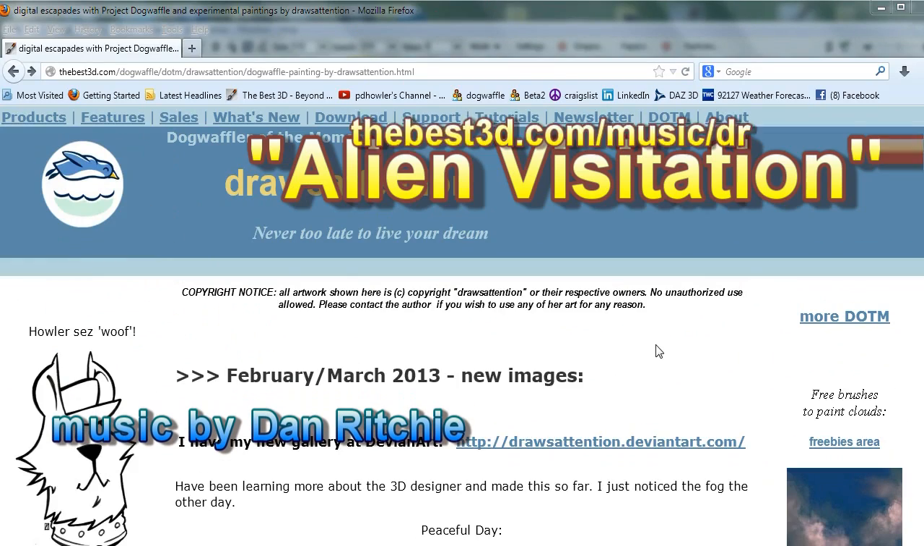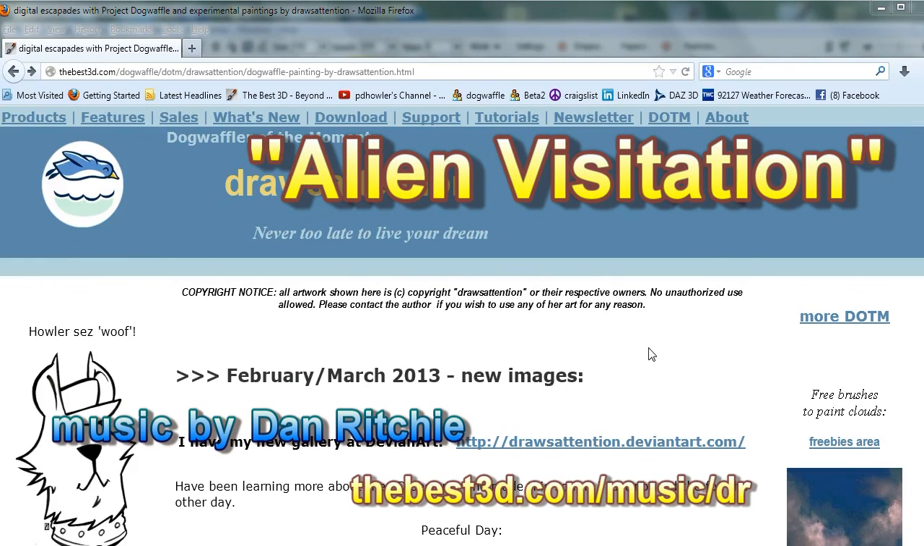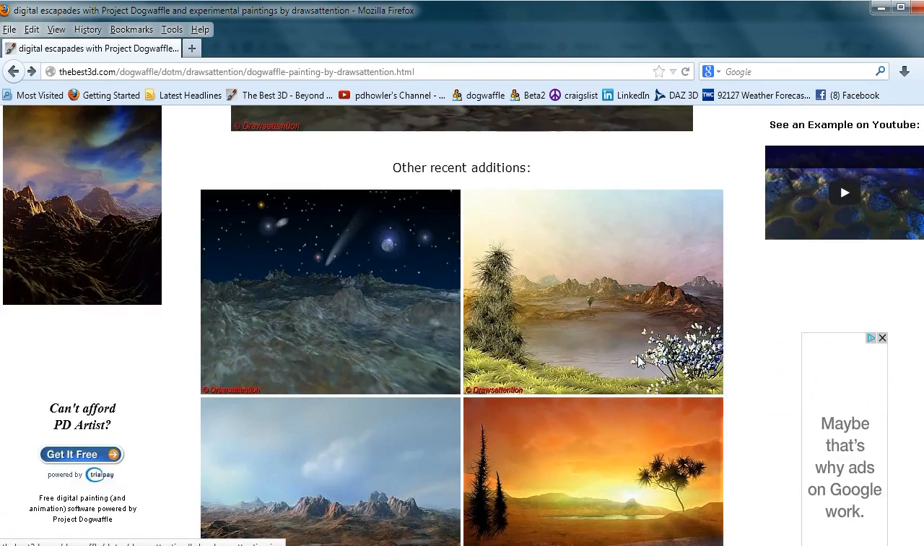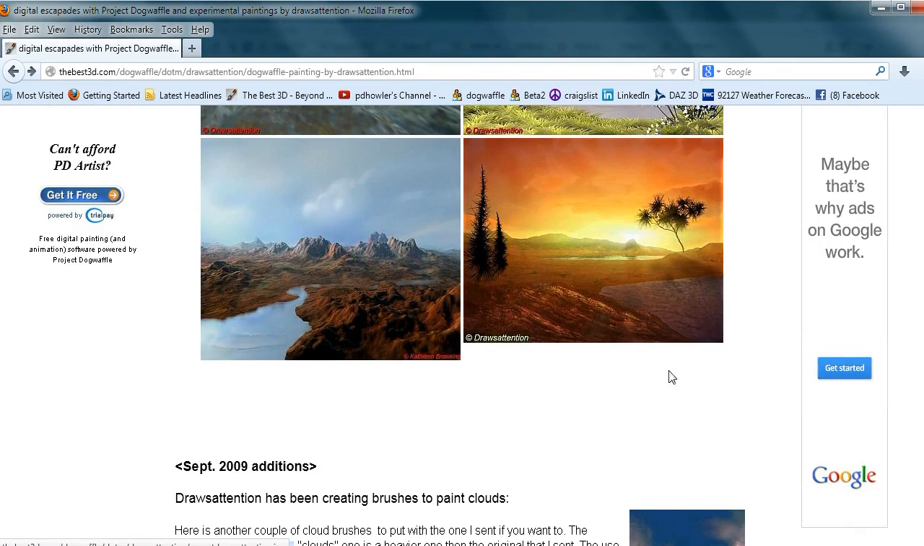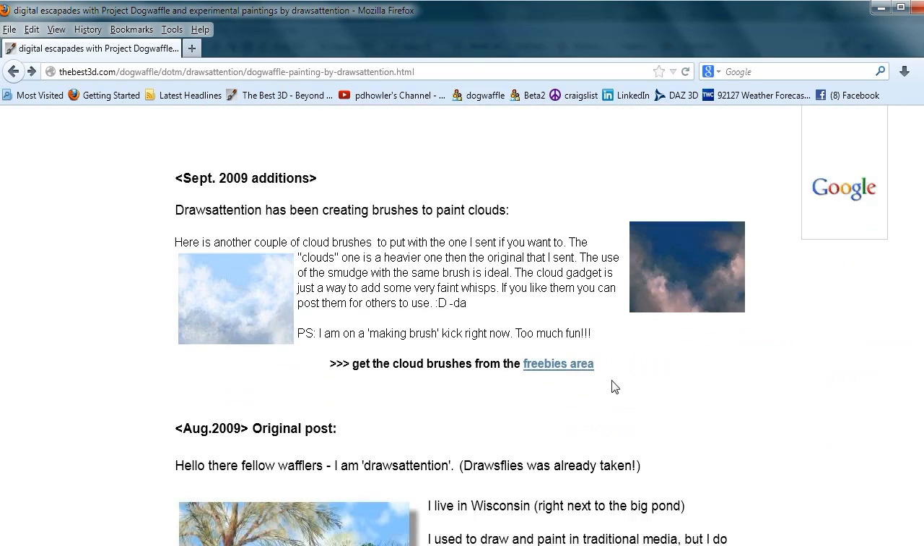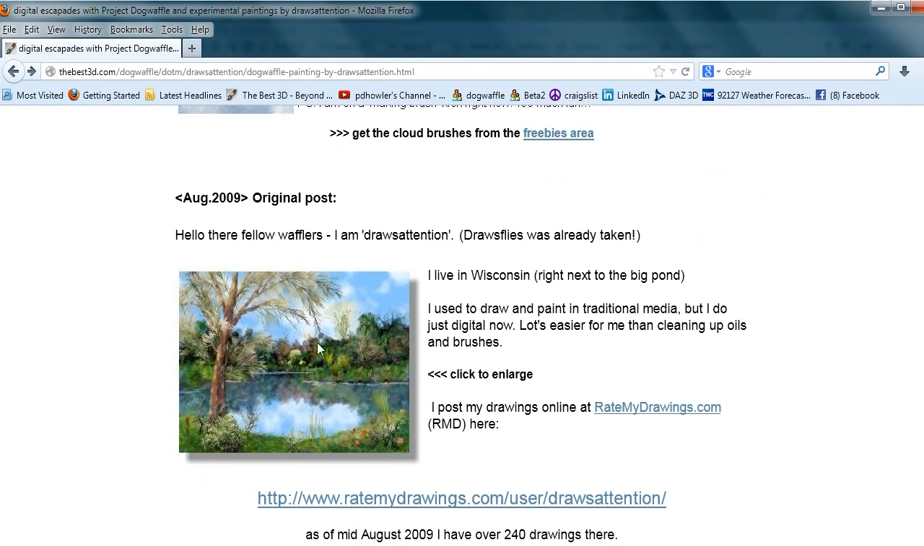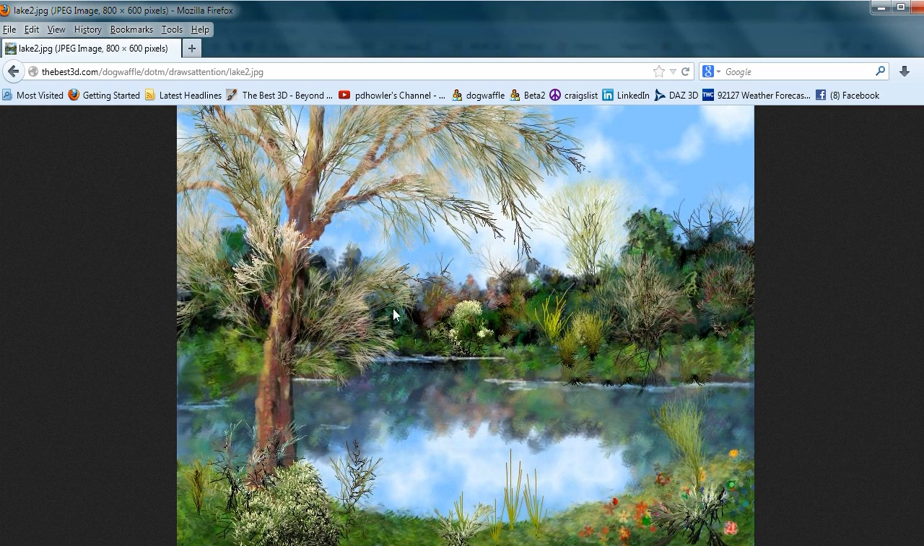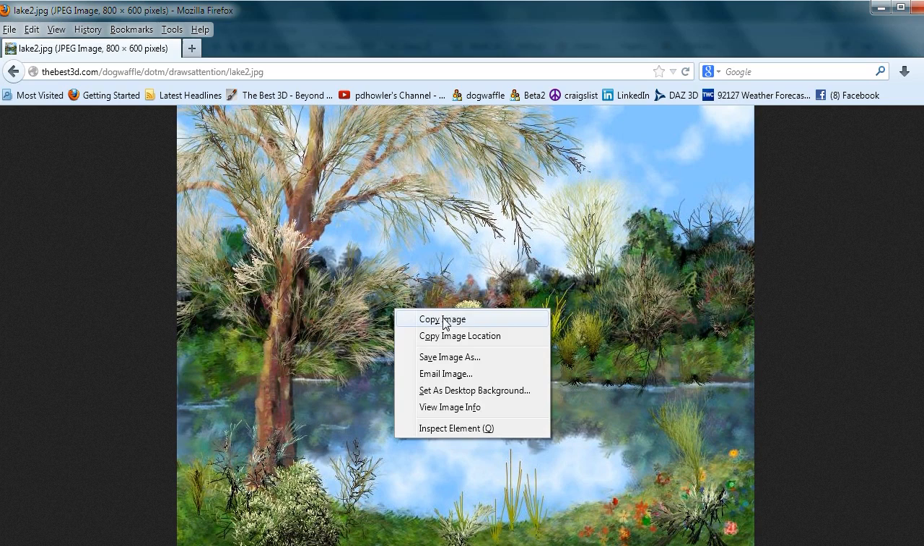Alright, hello again. I think we want to talk about watermarking some pictures, putting some watermarks or at least some stamps, maybe some copyright notes or something like that. Let's take a look at this one here, for instance. This one's by Drawsattention, one of our Dog Waffle users of the moment, on the Doddle page. And we've seen this picture on some other websites, so we figured we need to perhaps put some watermark on